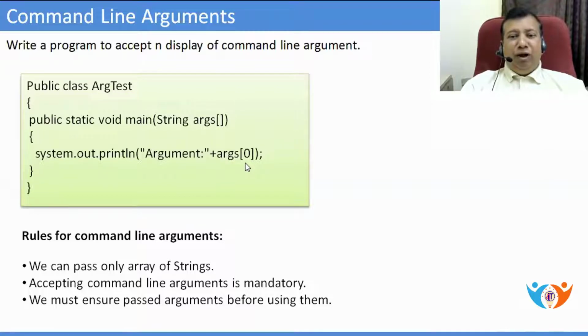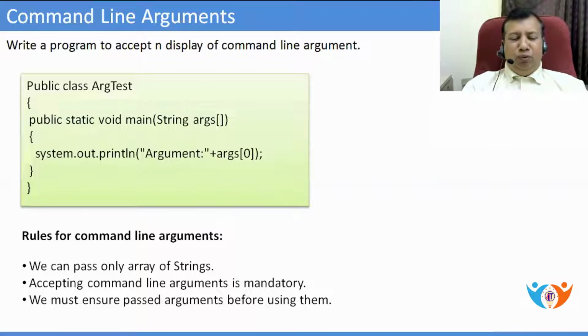That means the user has already passed at least one command line argument to the program. For this program, we are not following the rule, but this is very important. Otherwise, your program will crash. If the user doesn't pass this argument and you run the program, what will happen? What will be the value of args[0]? In this case, we must check the command line arguments by using the length property of the array.